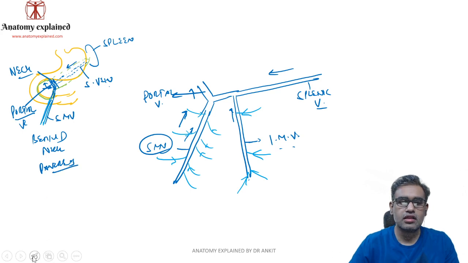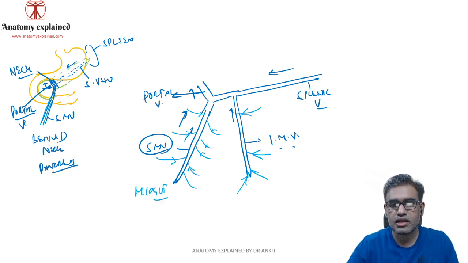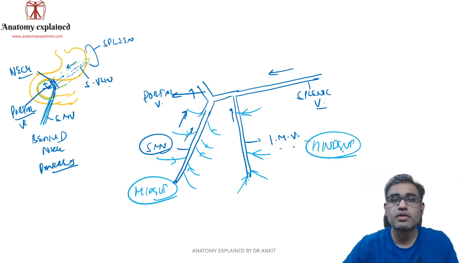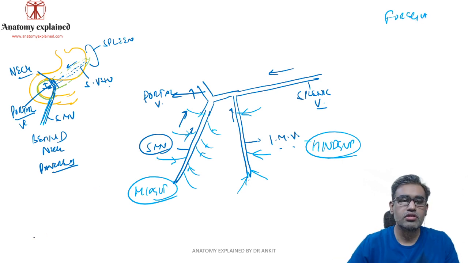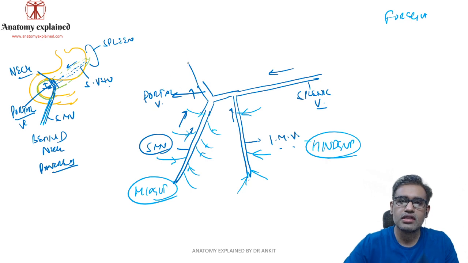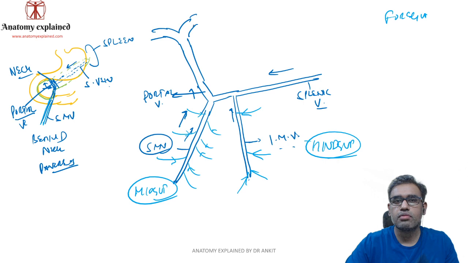Okay, so till now things are slightly okay: from the midgut part you have taken all the nutrients back, and from the hindgut part we have taken all the nutrients back. What about the foregut part? We'll also understand that. First let us follow this portal vein. So this portal vein is ascending up, and close to the liver we have the porta hepatis. It will divide into right and left portal veins. So these will be your right and left portal veins.